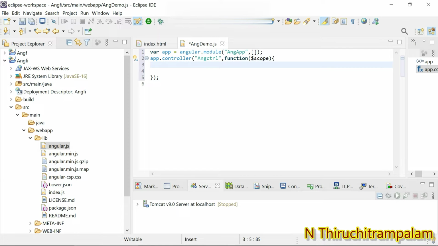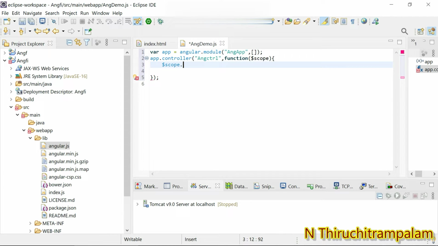Here the scope object contains a property, and you can give any name.